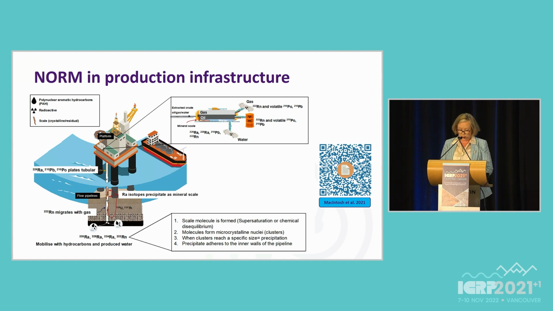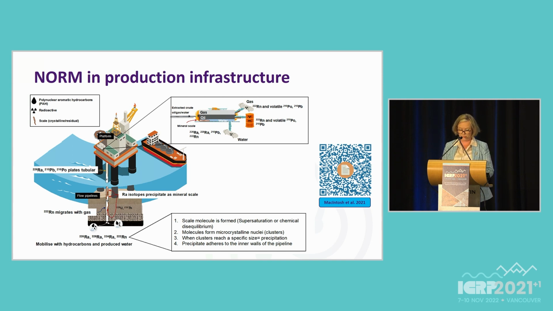Successful decommissioning of subsea oil and gas infrastructure requires a safe and effective approach to assess and manage waste products. In the process of oil and gas extraction, the oil-gas water mixture, as it's brought to the surface through well tubing, you see a rapid drop in temperature and pressure, and this often causes radium to precipitate out, resulting in sludges